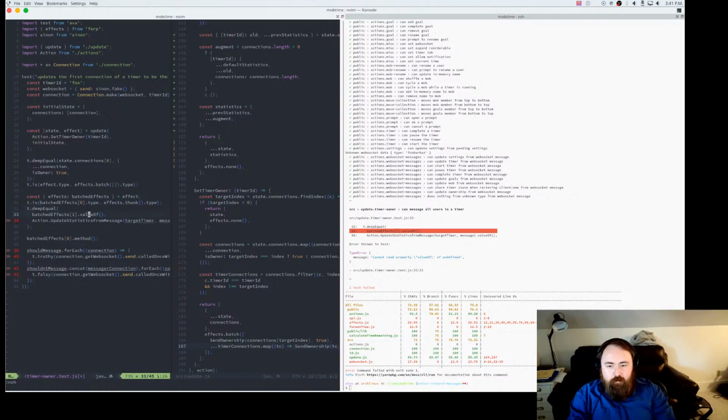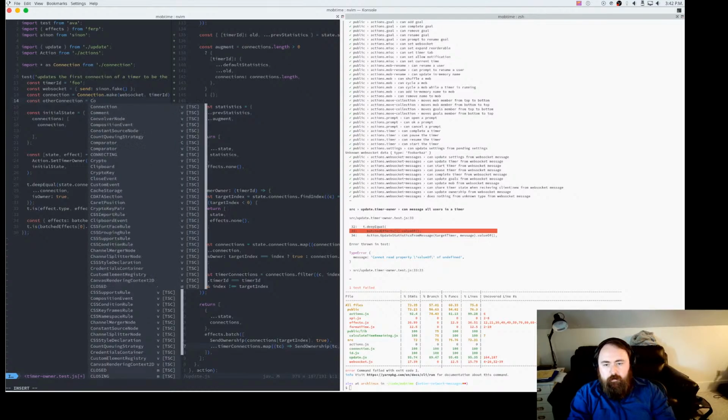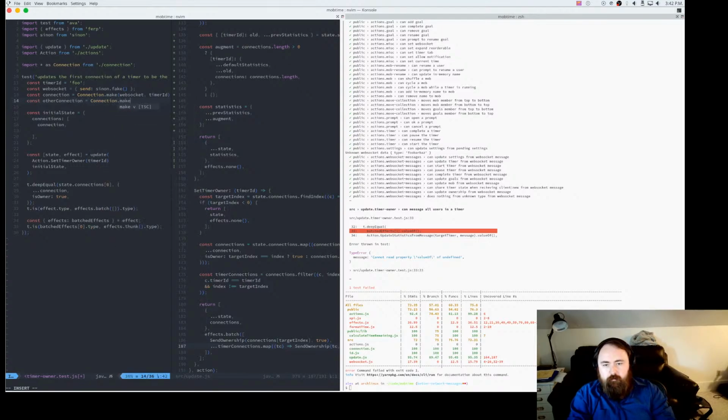Alright, so anyway, we thunk, and our first thing isn't an action. In fact, most of this is not true anymore, so let's delete that. And let's actually make a couple connections here. Now this one we don't really care that much about. Yeah, we'll just say other connection, just to know that they're not the leader. No, not really.